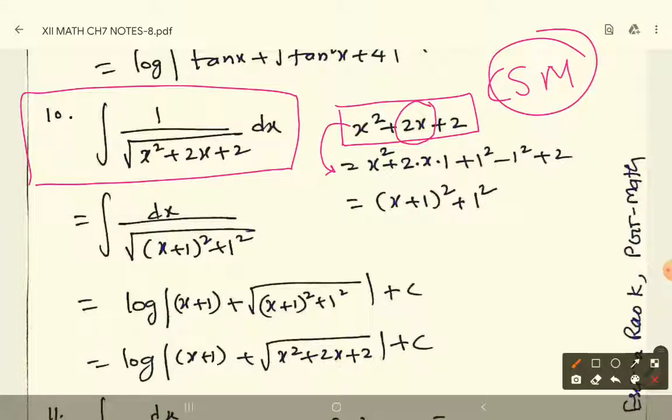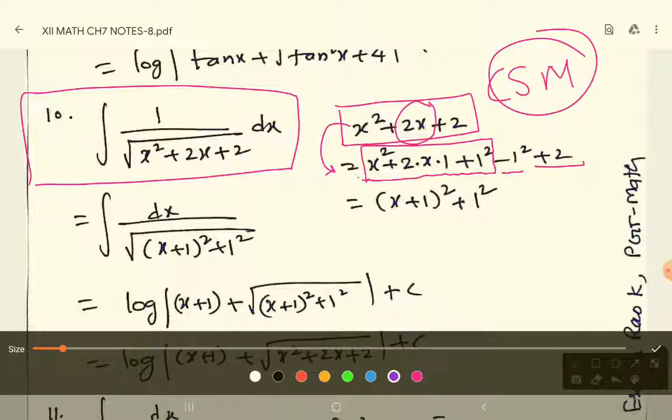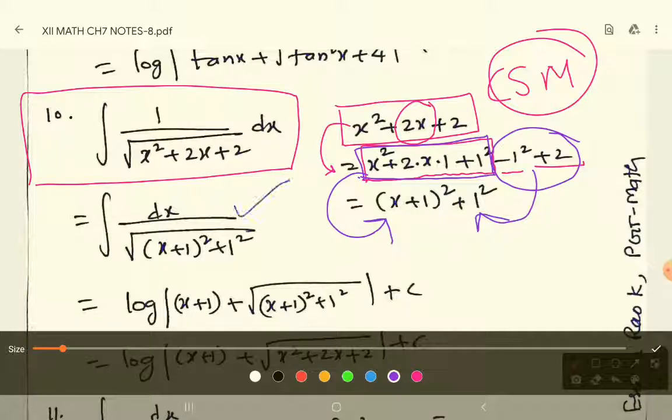So for that you take x square plus 2x into 1 plus 1 square as a completed square, then minus 1 square plus 2. So that plus 1 square minus 1 square cancel. If you go back, you get x square plus 2x only. So what will happen, see in this box, whatever is written in the blue color, if you see in this color, it will be x plus 1 whole square, and then minus 1 square plus 2 is plus 1 square. So in the square root you write that one, then you can apply one of the formulas, special integral 6 formula, one of the formulas you can use here to do. Finally you get the answer.